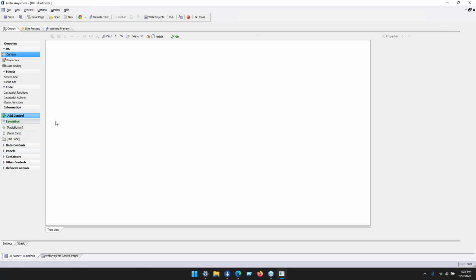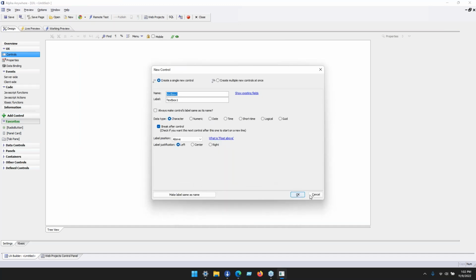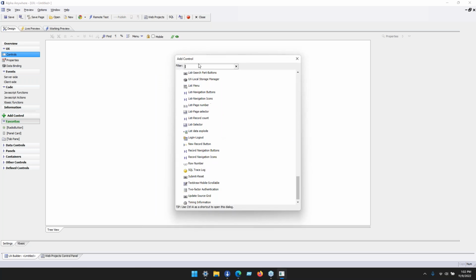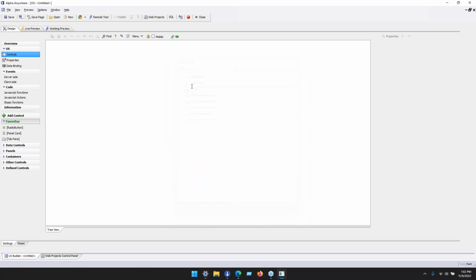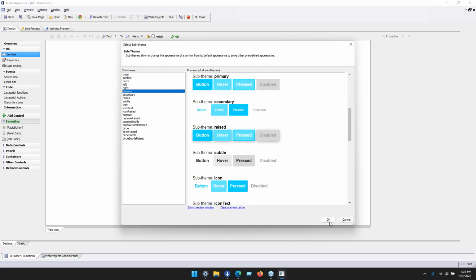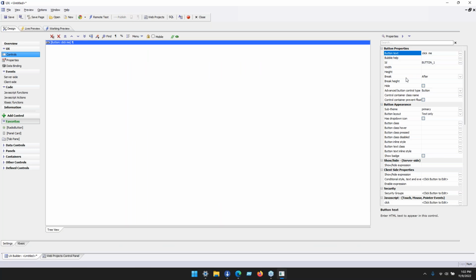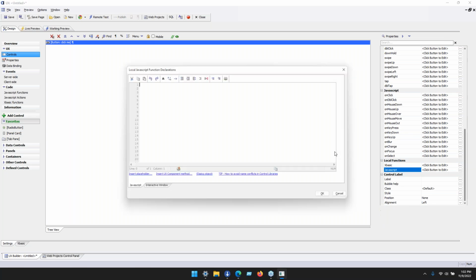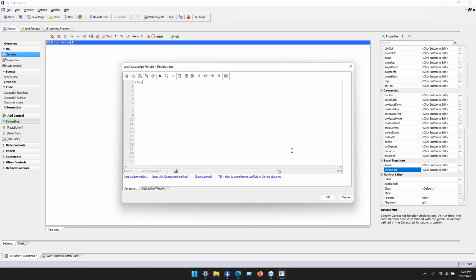As controls, if we add a control here, like a text box. Actually, let's go add a button instead. Here we go. Click me. Let's give this guy primary subtheme. Click OK. We've got down here a new section called local functions, and what this lets you do is define either xBasic or JavaScript that needs to live with the control. So if you create a button that does something like displays a message or calls some routine that you want to say, like,